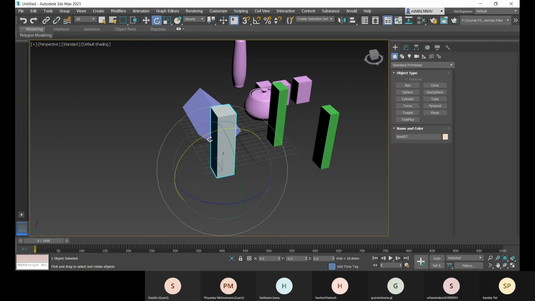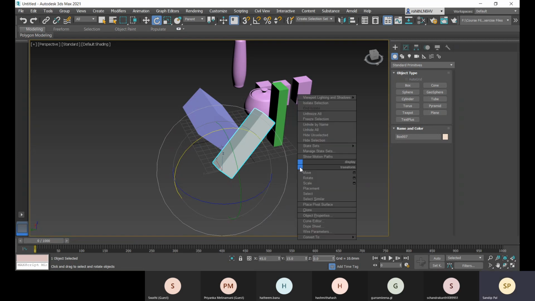I need to rotate in this X direction. So I'll put a value properly so that I can revert it back. That is okay, fine. And the Y direction, let me go with 15.